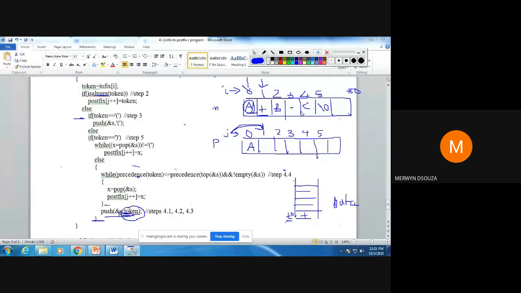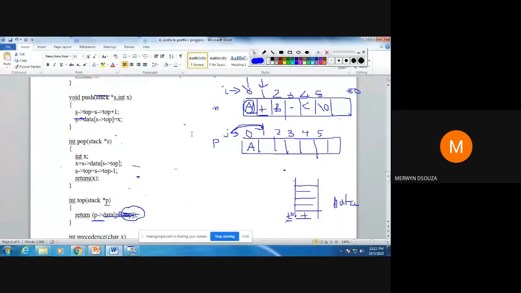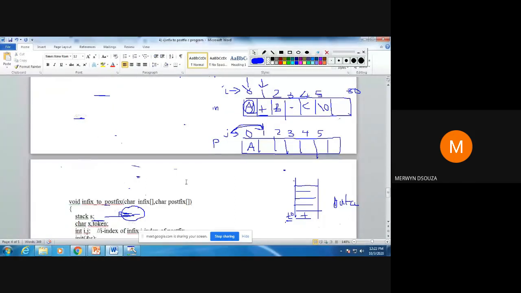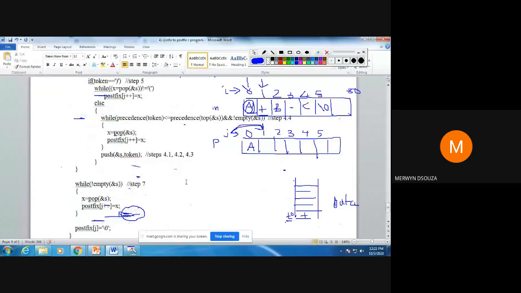Right now your stack will have plus, and the value of top will be 0. So basically this is what would have been done: the top value would have been incremented, and your token, that is the plus value, would be inserted into the top of the stack. That is what happens in your push here.